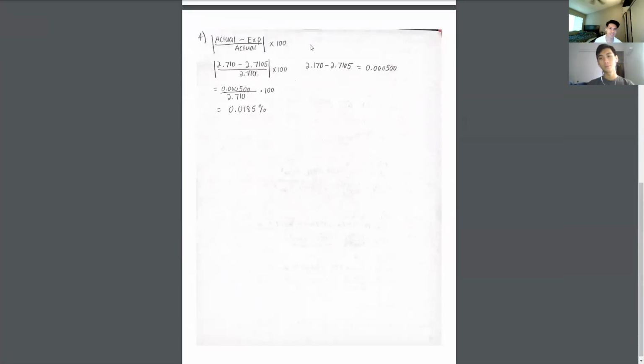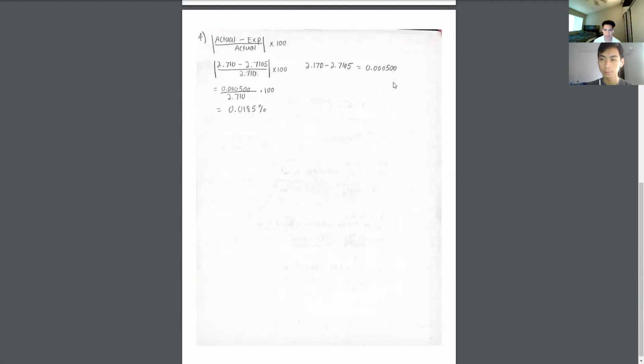The formula for percentage error is the absolute value of actual minus the experimental divided by the actual and multiplied by 100. So entering the data that was given in the equation, the actual is 2.710 minus 2.7105 divided by the actual 2.710 multiplied by 100. So our first step is to do 2.710 minus 2.7105. So basically on the top, you have to subtract them first so you can get the proper sig figs on the top. So when you subtract them in the calculator, you get